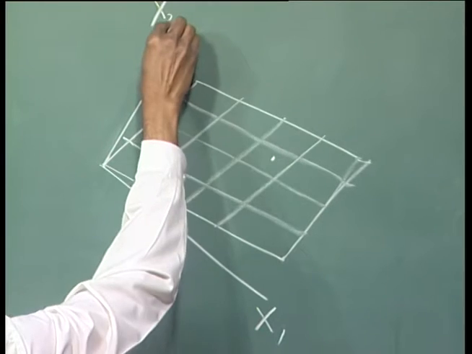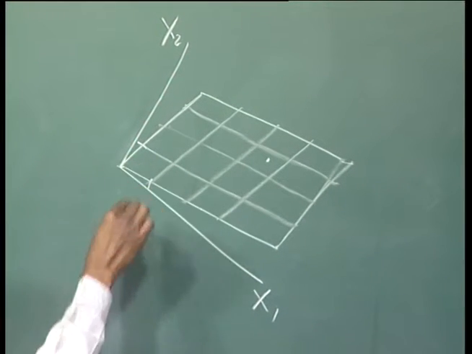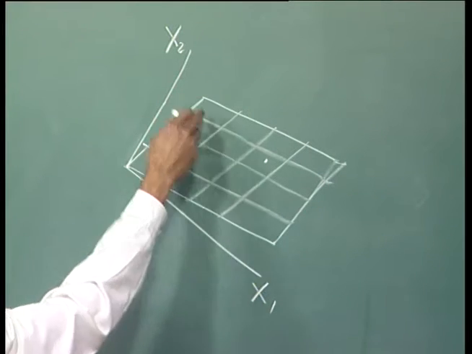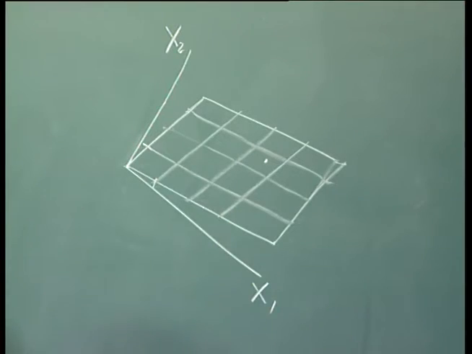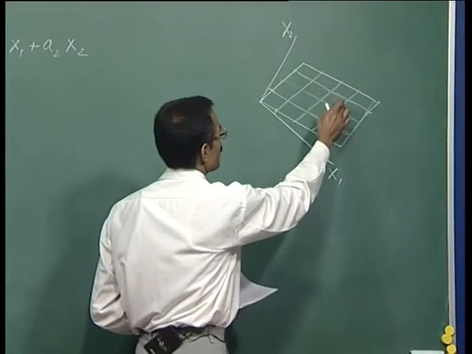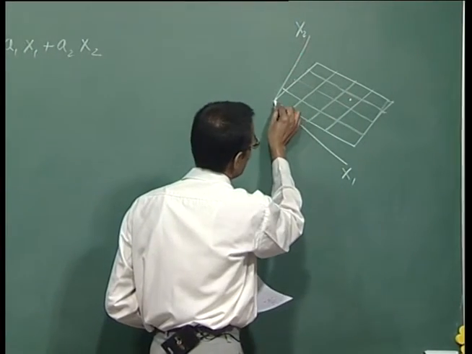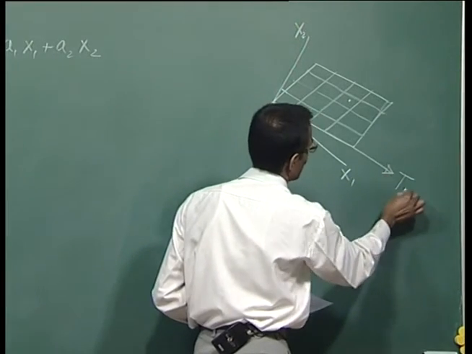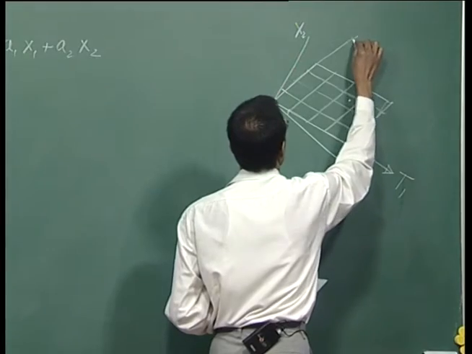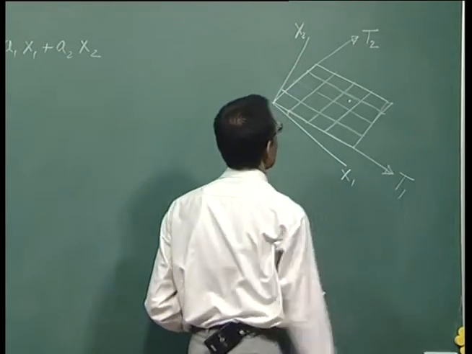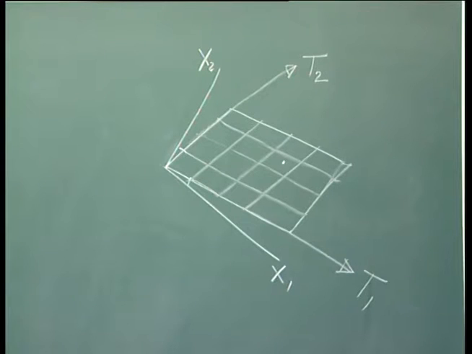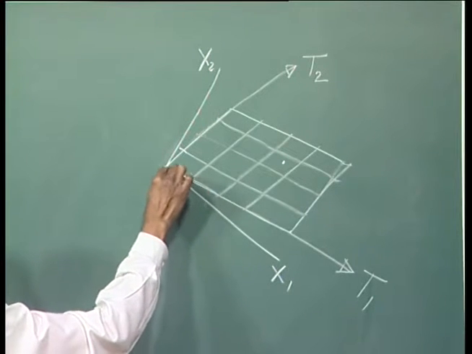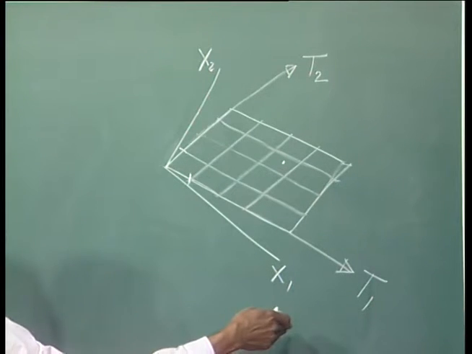Let us call it x1 and x2. Now, when we say we want to know how many steps along this edge and how many steps parallel to this edge will take us here, we are essentially asking for the coordinates of this point in the table system, and the table system has its axes like this and like this. So, the first thing we need to know is the description of the units of the table system in the original x1 x2 system.